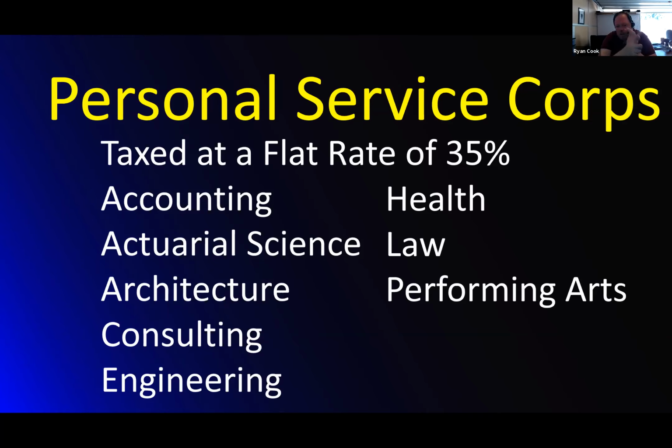Actuarial services, architecture firms can form PSCs. Because if you think about it, they don't produce the building, they just design it. Usually these are, and that's actually probably one of the best examples, a lot of times designing firms, because somebody comes to them, says, please design this for me. They produce the engineering plans. Okay, well, that's all they do. Or they go out and actually do the surveying and that sort of thing.